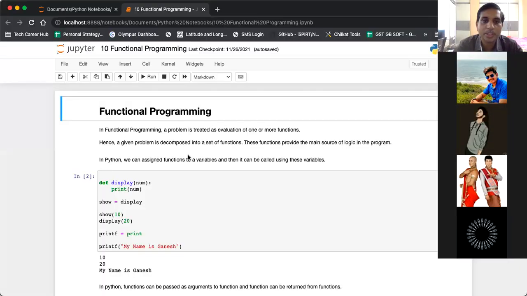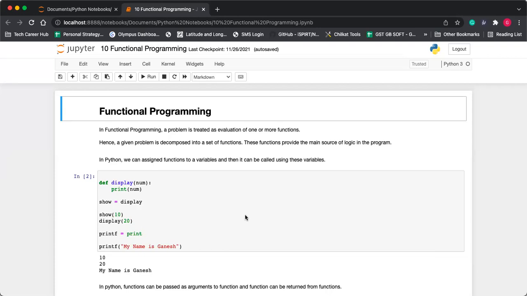Okay, so today we are going to learn a new topic, and that is functional programming. Yesterday in the last session we saw the function, how to use the function in Python. It means that to solve a problem, we can divide our whole program into a number of tasks, and every task is called a function.